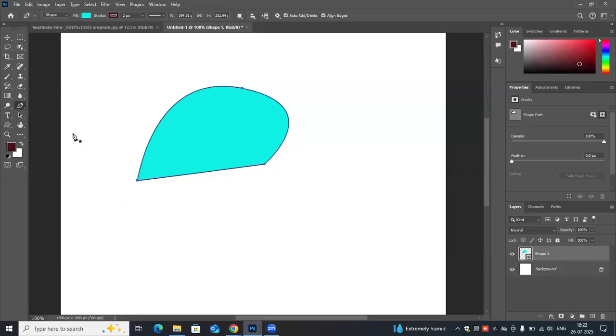Second thing, if I want one point, if I click here, I'll get one point. If I press Control, it will give me a direct selection. So first, press the space bar if you placed your anchor point on the wrong side. You can change it. Second, if you press Control,